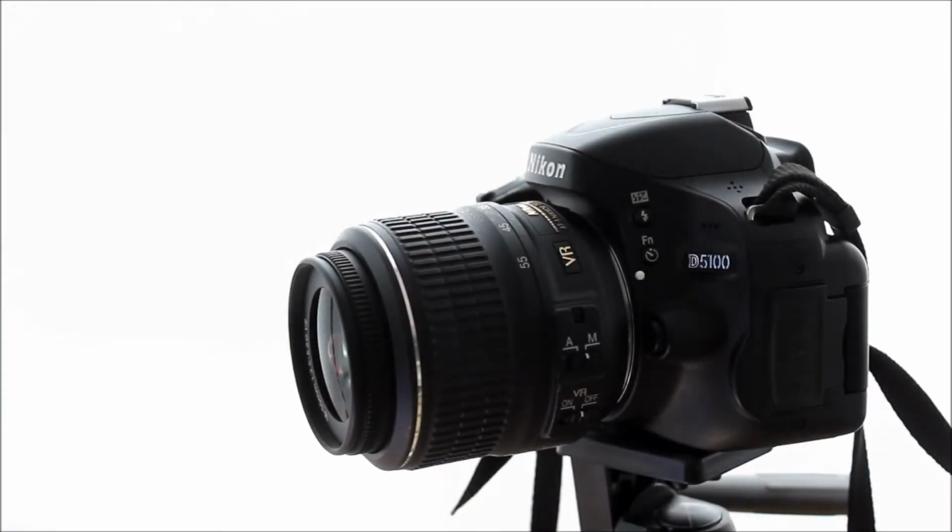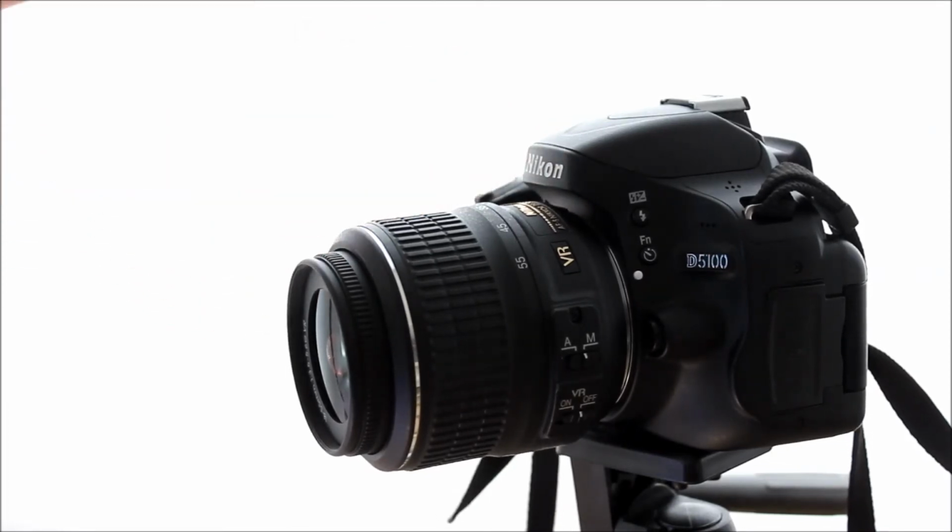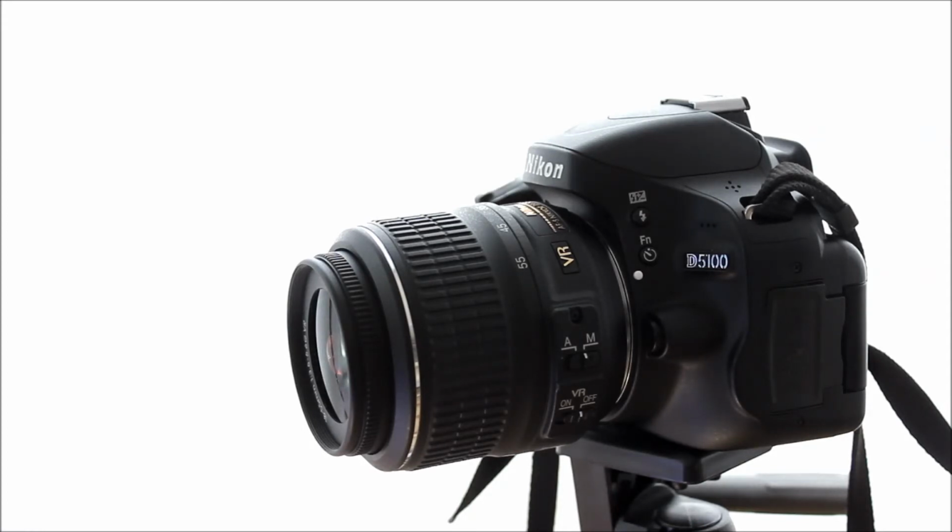And of course, one of the other things that I really like about the D5100 is, for the price range, it has a pretty decent burst rate. And that's 4 frames per second, which doesn't sound like all that much, especially if you use any pro cameras. But, for the price range, I find it's more than enough. I was taking pictures of whales in nature, and they only put their tails out of the water for just a brief moment. And I found that 4 frames per second was enough to capture that moment and get the pictures of these beautiful whales in nature. So even though it doesn't necessarily sound like that much,